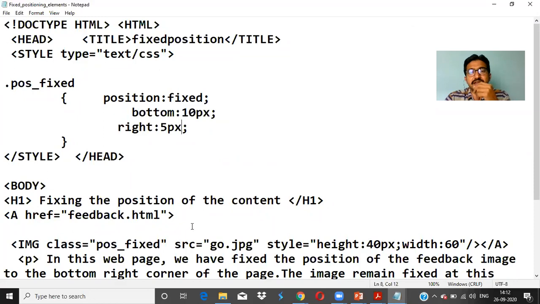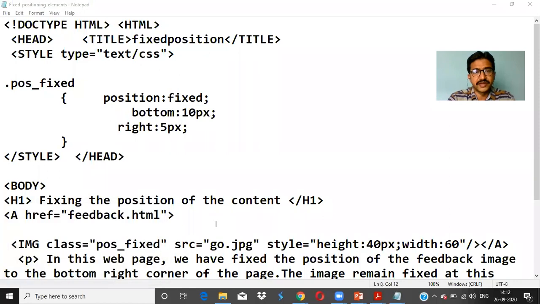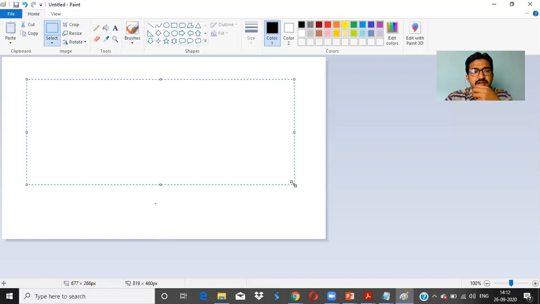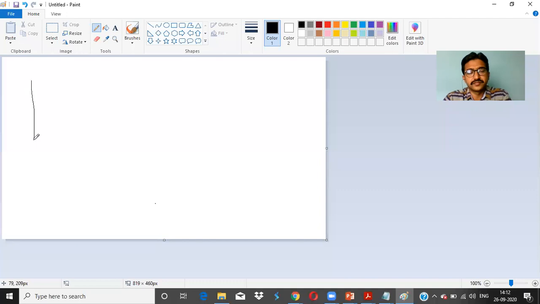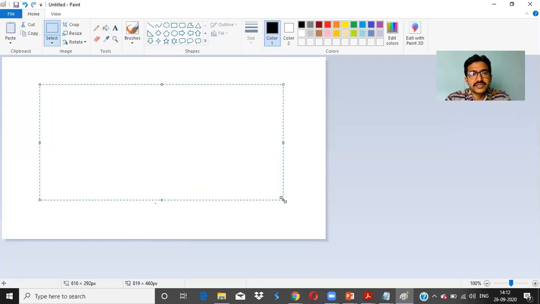For example, this is the entire page. If you are considering this as the entire page, I'll just talk about the page. If you consider this as a page, any one color, or else I'll take red color.